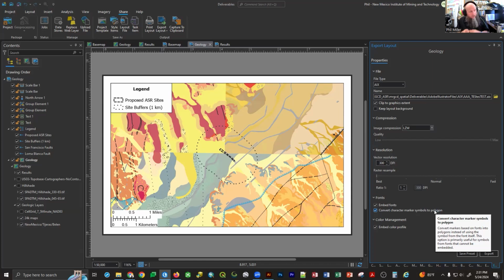I tend to like using the fonts because it's lighter in the software than the polygons. The more vectors you have, the slower Adobe Illustrator comes to respond to things. And you're going to say, well, Phil, then why do you have this checked? Because there's currently a problem in ArcGIS Pro that when you export some